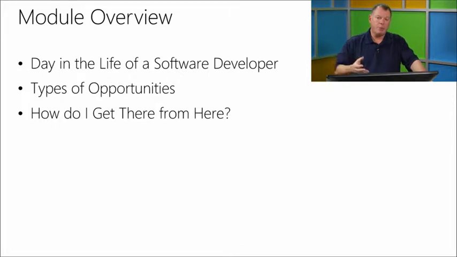So we want to talk a little bit about what you can expect to encounter when you get employed in the industry. Notice I didn't say if, I said when. We'll talk about the types of opportunities that are available as well, in the same vein as what you can expect on a day-to-day basis. And then we'll close out with some links and pointers on how you get there from here. So how do you become a software developer? How do you start looking at resources that will help you prepare more for the exam, and for what you need to do in software development, to get your skills ramped up and learn a little bit more? I'm a firm believer of one thing, and that's never stop learning.